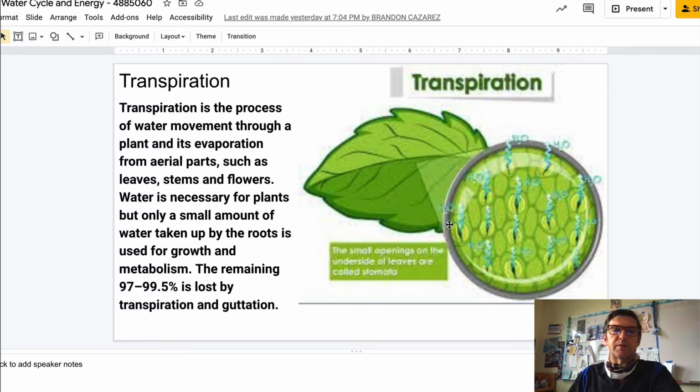Transpiration. This is the most complicated one in a way. In a way, it's like perspiration. When you sweat, it's kind of like that for a plant. Transpiration is the process of water movement through a plant, and its evaporation from aerial parts such as leaves, stems,